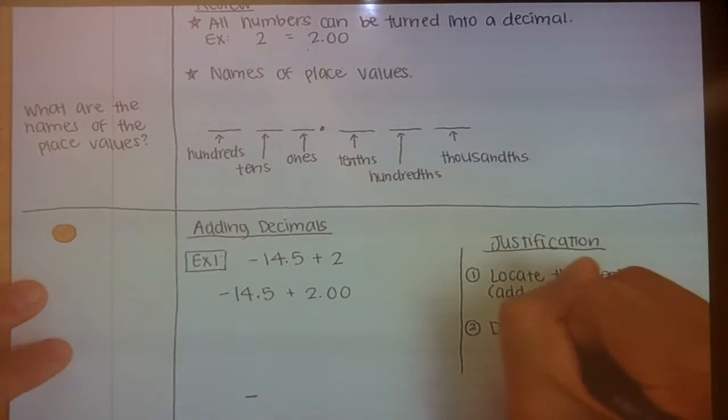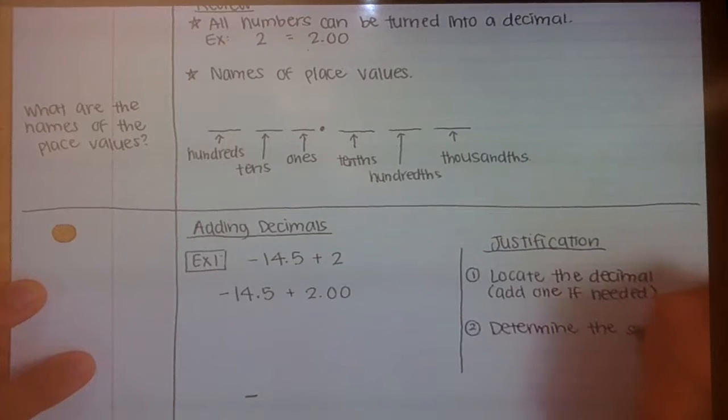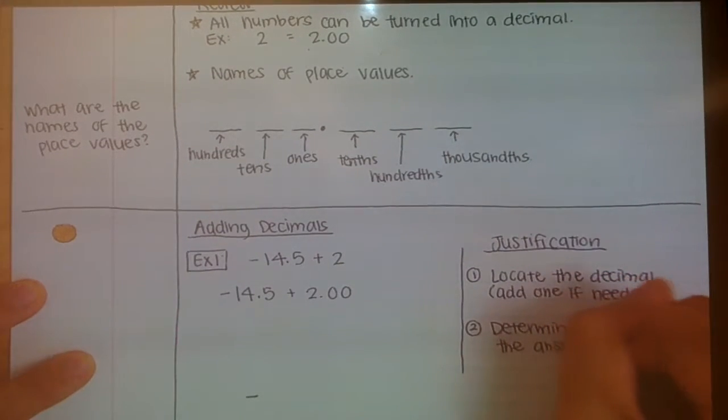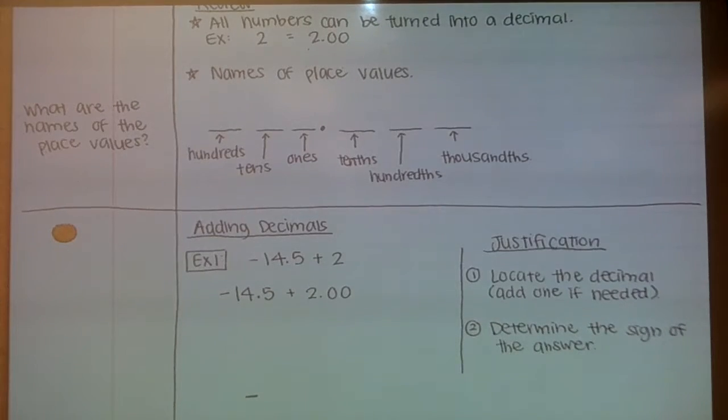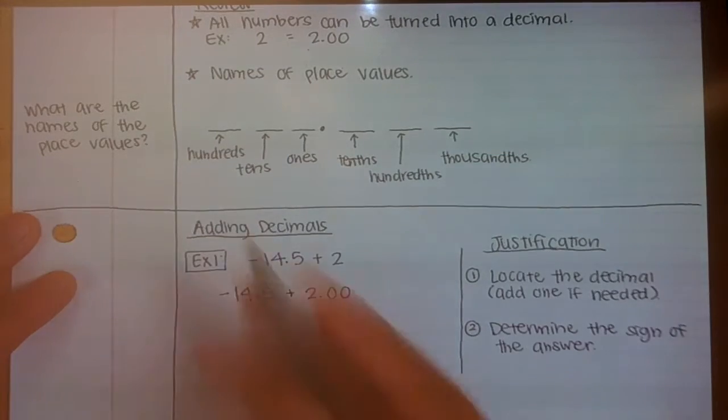So I'm going to determine the sign of the answer. And I know it's negative because negative 14.5 is further away from 0. And my rule also tells me that if they are different signs, I'm going to subtract. So I'm going to take 14.5,